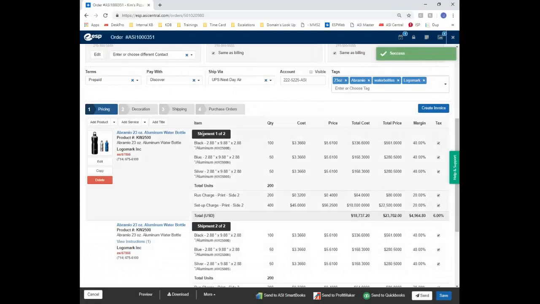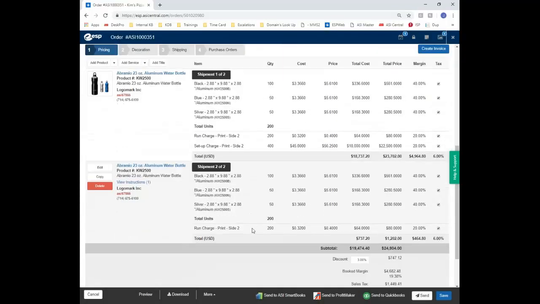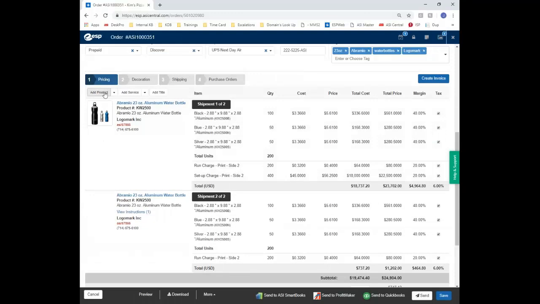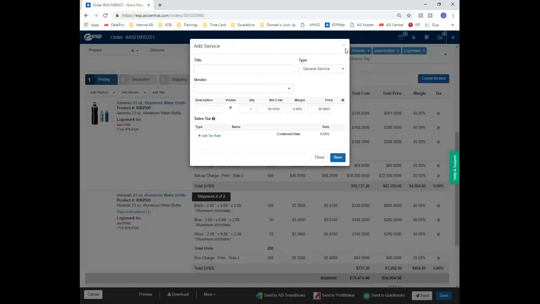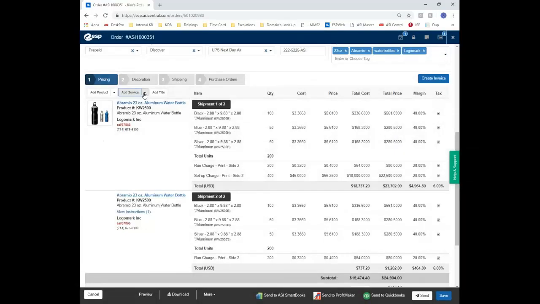As you can see, it's now shipment 1 of 2 and 2 of 2. And from this point forward, you'll have to edit that information individually. All right. If you want to add any services to the order, you can go ahead and add services, just by clicking the button here and choosing your service title. Or if you want to add any shipment, freight, or service charges, you can go ahead and choose the drop